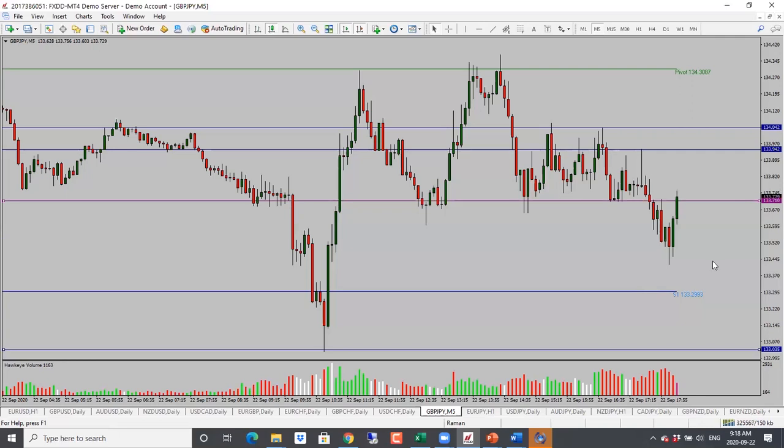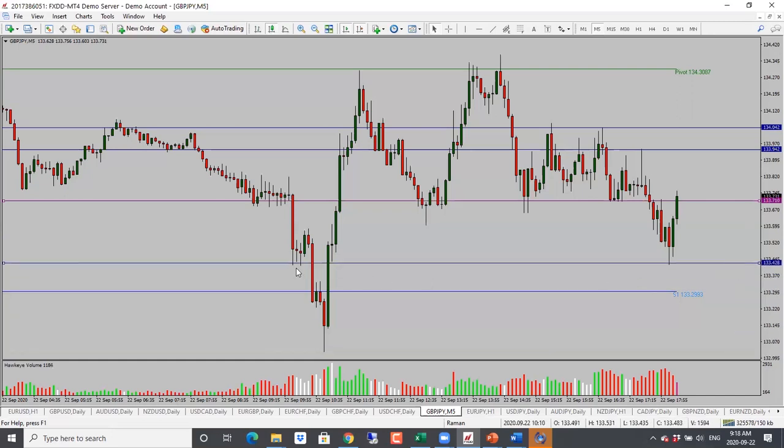All right, so over here, look what happened, right? This is the level that we had talked about where it could get in trouble, and this is exactly what happened. So things like that happen, and you just have to be prepared for it. At this point, you can say, I tried it, it didn't work, move on. Or you can say, let's see how it reacts. And if it completely blows through everything, well, then you're done. But don't stress over it,